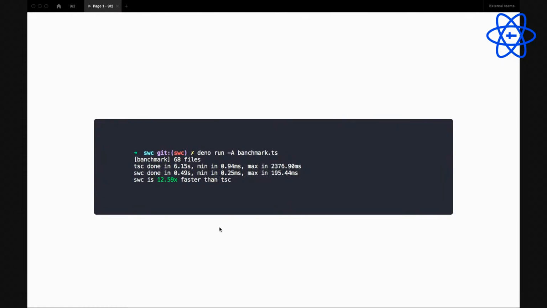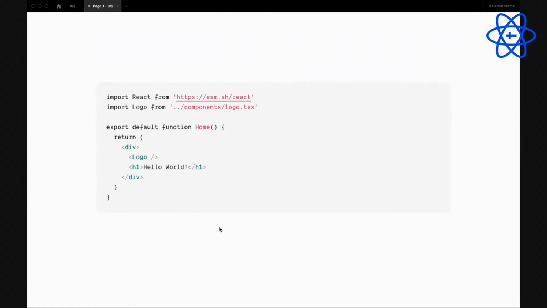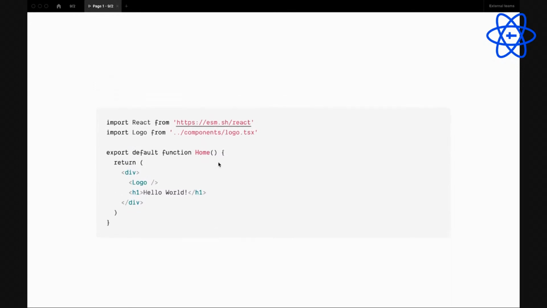So how do you write a React component in Deno? Basically you don't need to change anything, except the way you import modules is different. For example, in Deno you need to import React from a CDN like this.